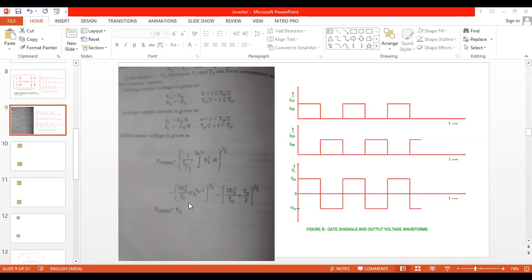Okay, we will see with respect to the problem. In the external examination, after explaining the theory of the bridge inverter, you must write this derivation and show this particular formula: output RMS equals the input DC voltage. So we'll take one problem here, one simple problem. One problem is quite sufficient.